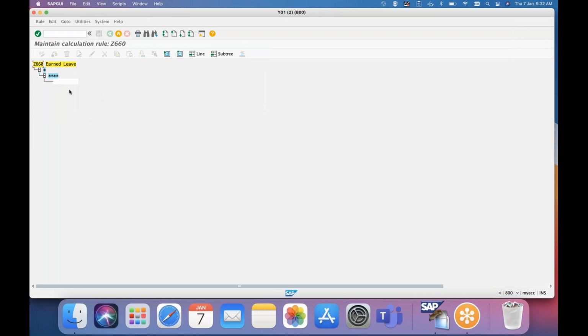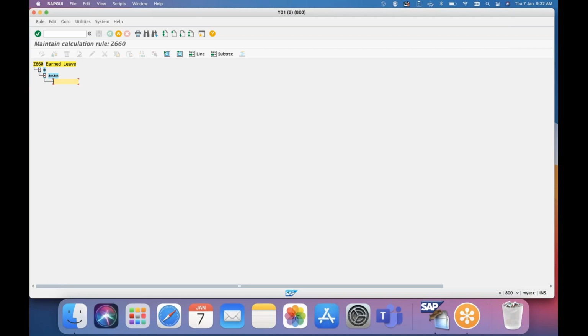Okay, so when you say sublevel, you will get this much space over here, where we will use different operations, operators, and operands to achieve different things. Today in this PCR, we have to generate 2.5 of a time type ZER whenever it is the last day of the month.